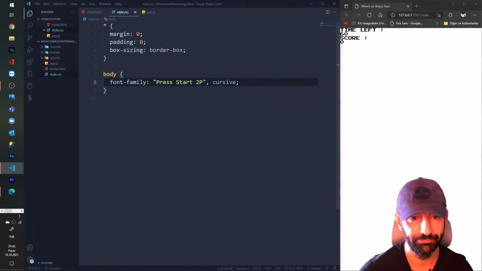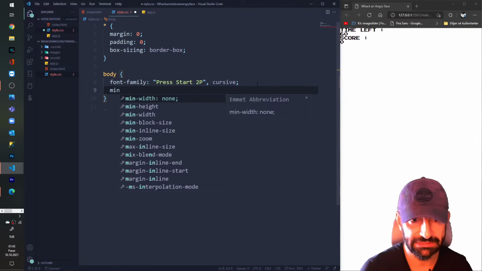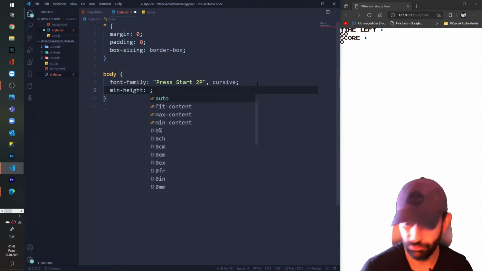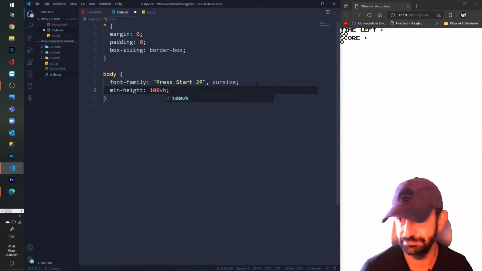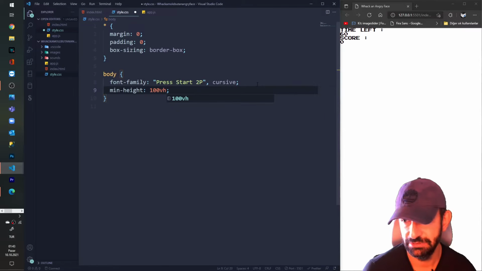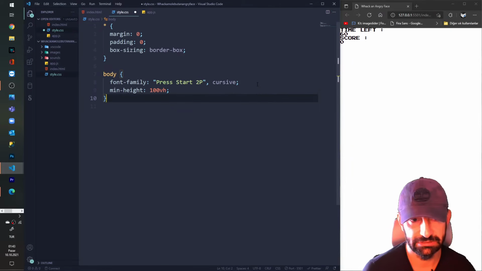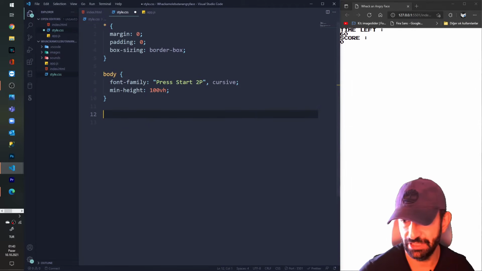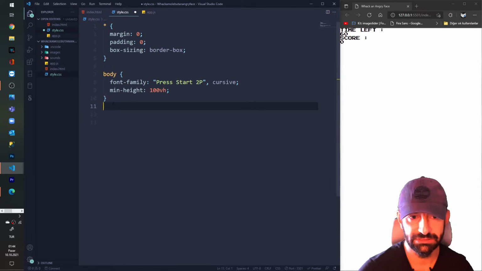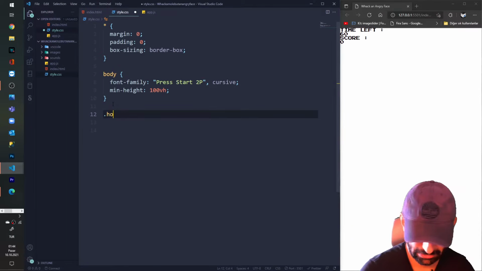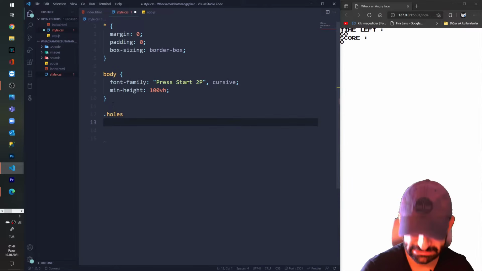Let me see. I give my body a minimum height of 100 view height as default, and I'll leave it at this for now. So I'm grabbing the holes class and I'm styling it a little bit.